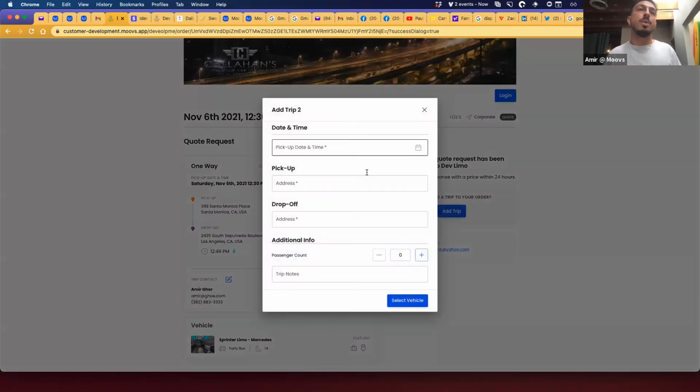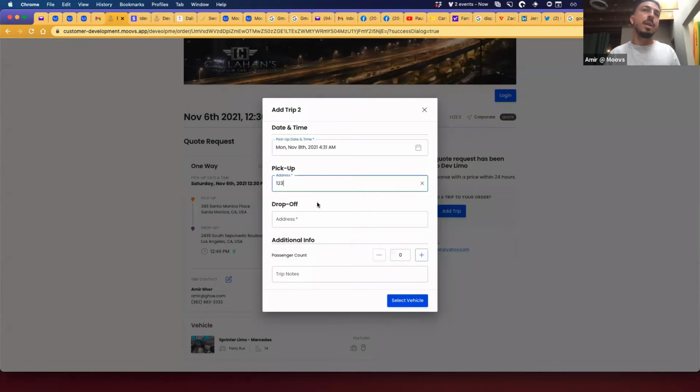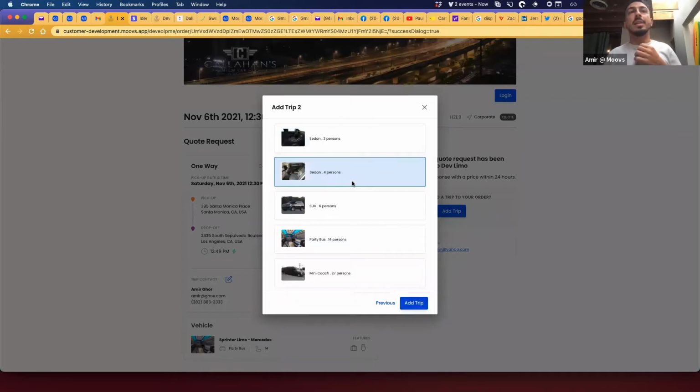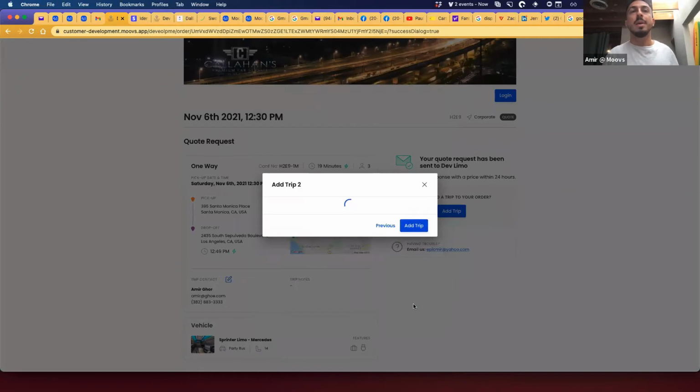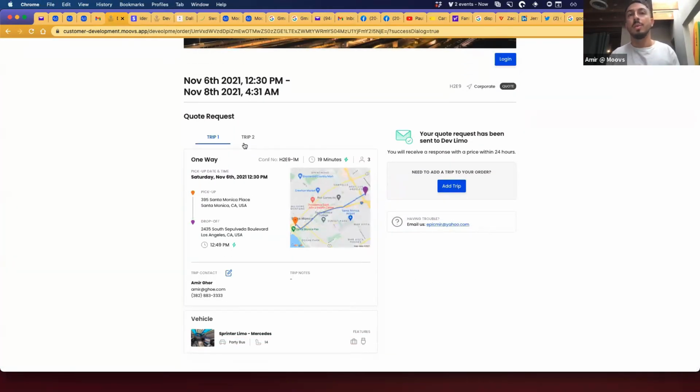So now they can add their return trip, right? Then they say on the 7th, and they enter their details here, and then their passenger count and maybe notes. And then here they would select their vehicle. And now what I would do is add this trip. And now actually what just happened is, look, they have 2 trips as part of the quote request.